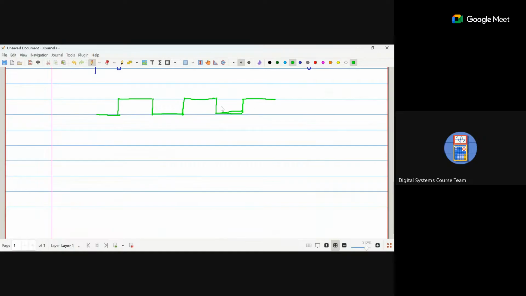So now this is a clock signal. This is positive edge, positive edge, positive edge. This is our clock. Next, I have my D. So let's say I'm giving my D something as, let's say it is here, it is over here, and then